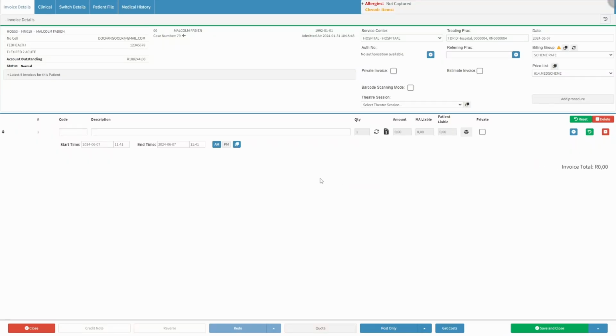For more information regarding the invoice screen, please refer to the hospital invoice screen, navigation and use user manual linked in this video's description. Next, select a theatre session from the theatre session drop-down menu. Please note that more than one theatre session can be billed on the invoice, and the AM/PM times will change accordingly. To learn more on how to set up AM/PM billing, please refer to the Debtor Transactions user manual linked